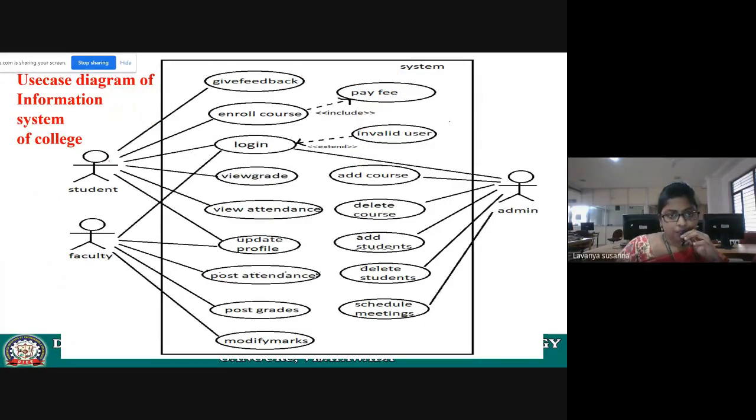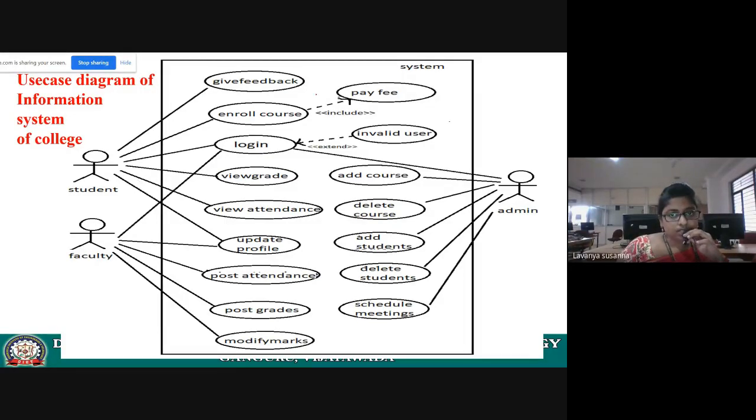Now see here. Student and faculty are actors. Admin is also an actor, a secondary actor. Now see the functionalities of the system. Give feedback. Who will give feedback? Student, right? That's why I have connected student and feedback. Functionality is nothing but use cases. All these are functionalities. You can write on your own. Don't memorize whatever is there in the PPT. Just think about what the functionalities are. It's very easy. You need to know how the system will be, a college administrative system.